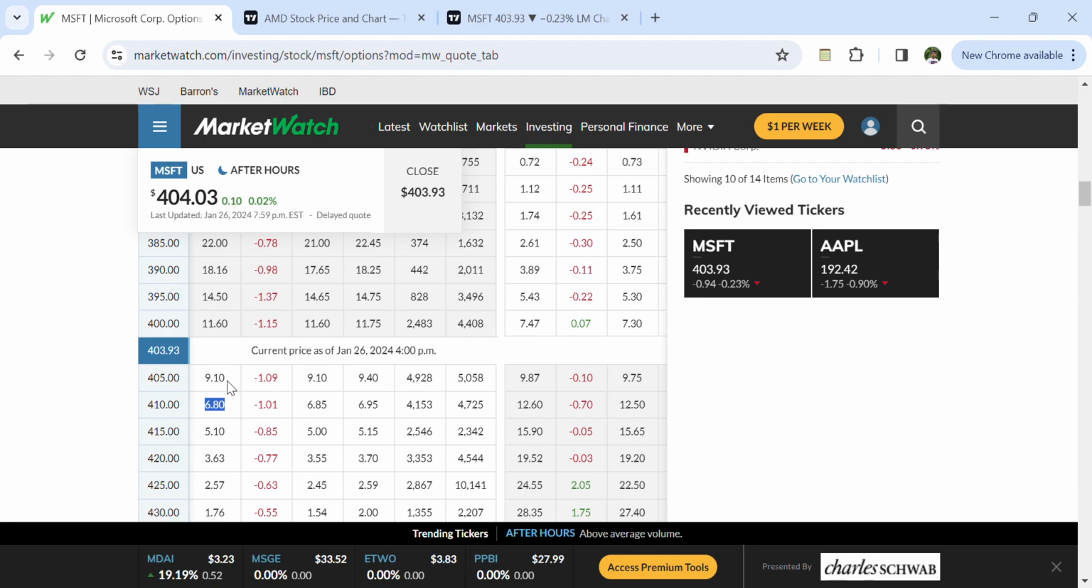So for example, your entry price for this was 2.30. If Microsoft goes down a little bit, say by $2, and after some time you see that the spread price is 1.50, so 2.30 to 1.50, that is 80 cents. 80 cents is your profit, means 80 cents into 100, $80 is your profit on the